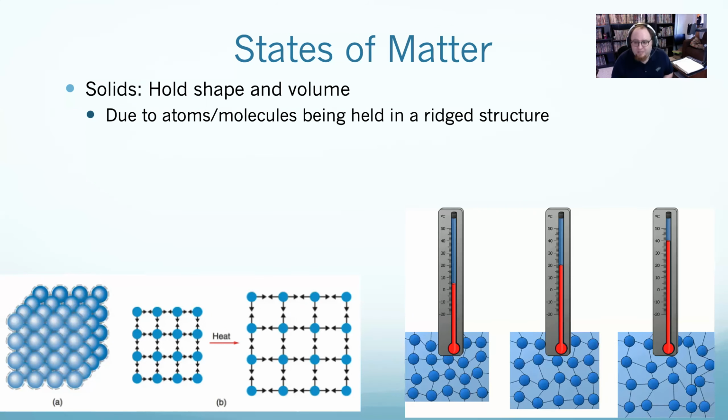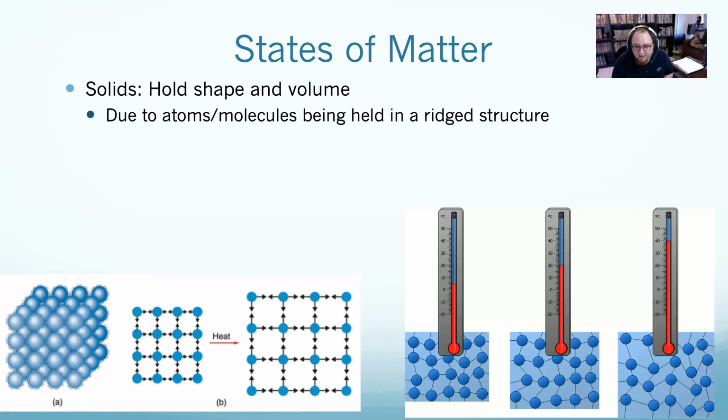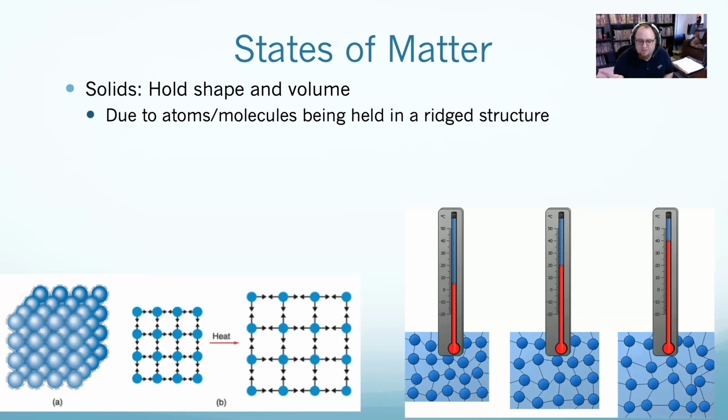Kind of like the GIF in the bottom right of the screen. The leftmost one is at 5 degrees. And what you can see is that all these molecules are kind of bouncing around. But the thing is, they can't move relative to each other. They can bounce around, but they're still kind of like,